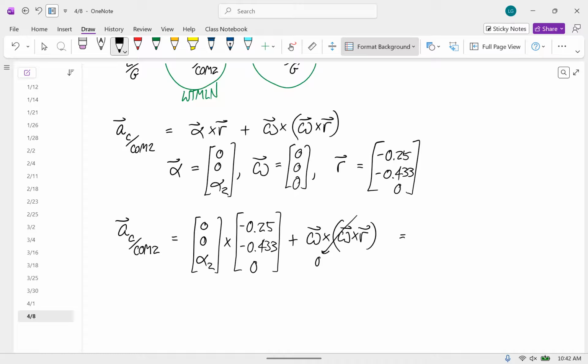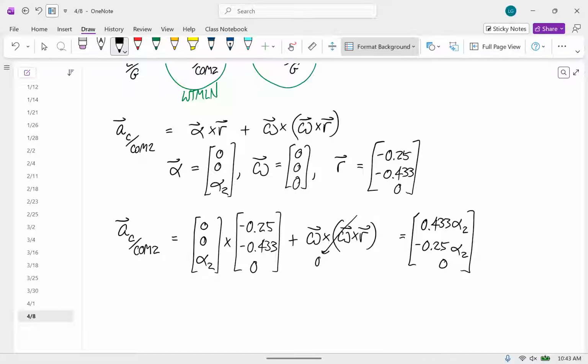So you get positive 0.433 alpha 2, and negative 0.25 alpha 2, and 0. With me? Disagreements? Yeah. When you're making that R vector, how do you know that the center of circular motion